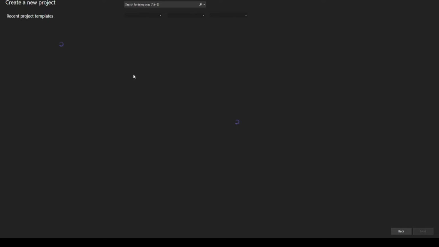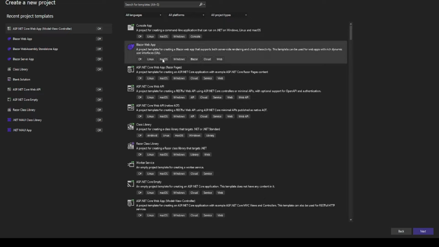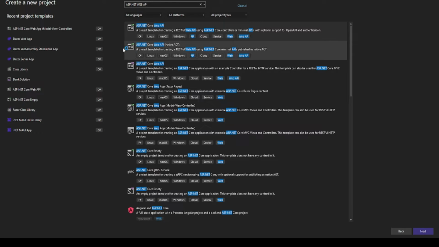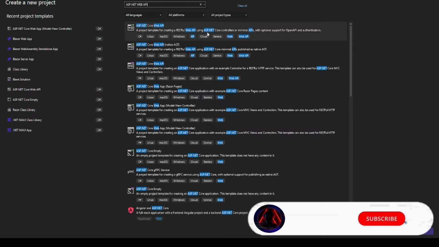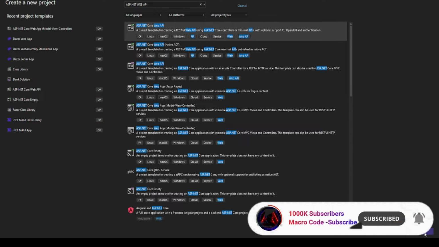On my template, I'm going to choose a web API template, and as you can see, we can actually type here ASP.NET web API. I'll choose one of the templates here, then we can use it. So as you can see on my list, I have a template for creating a RESTful web API using ASP.NET Core controllers or minimal APIs. So I'm going to choose the first one. So if I proceed,